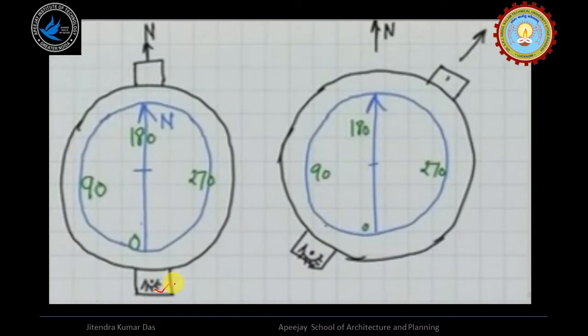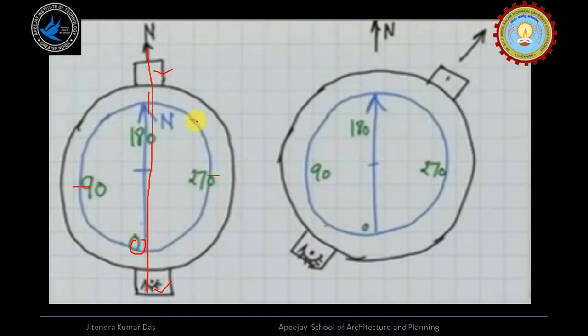Here in the sketch I have shown already this is our eye and this is our object vane, and the first situation is the alignment of the prismatic compass in the north to south direction, and already 0 at south, 90 at west, 180 at north, and 270 at east. I already mentioned this kind of readings are engraved in the aluminum circle.